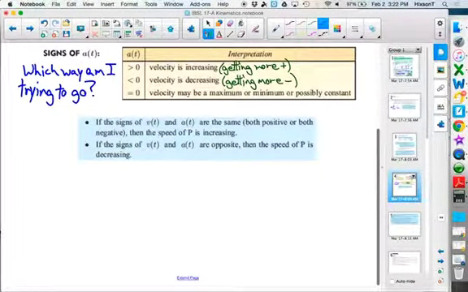If the signs of v of t and a of t are the same, and notice both positive or both negative, then the speed of P is increasing. We're going to be getting faster if velocity and acceleration share the same signs. So guys, when you do your sign diagrams,